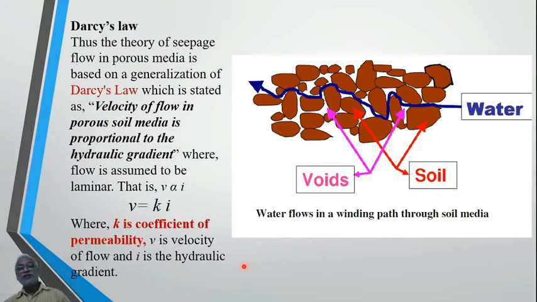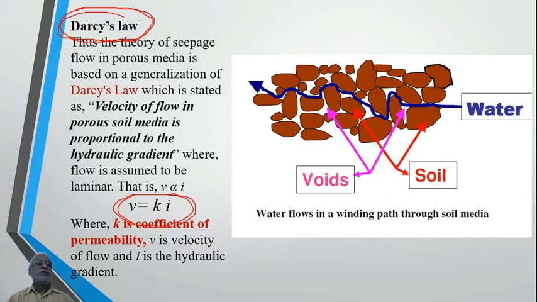Now, in this connection the most important starting concept that you are going to learn is Darcy's law, and most of the things from now onwards will depend upon this simple law, which is given by the mathematical equation V = Ki. Now what is the theory? We'll see. Darcy's law. The theory of seepage flow